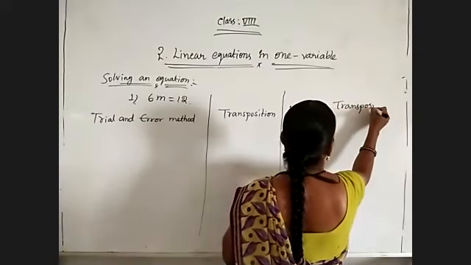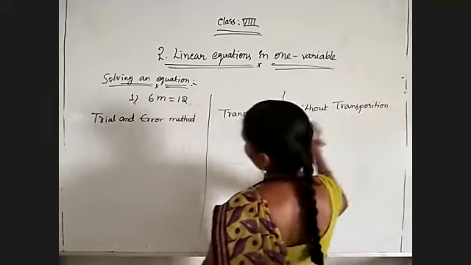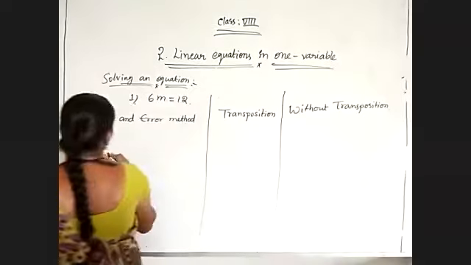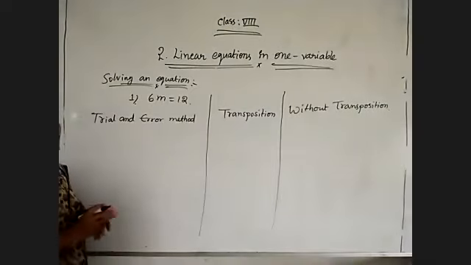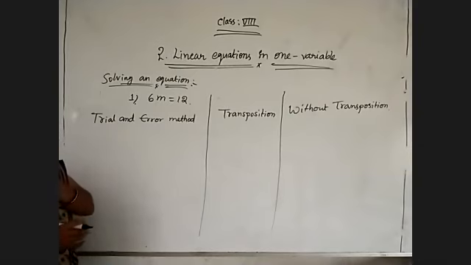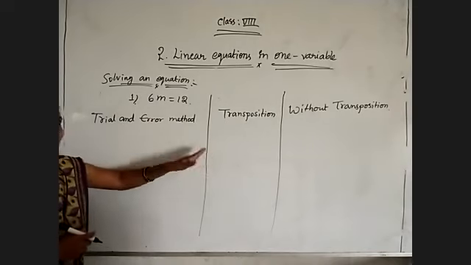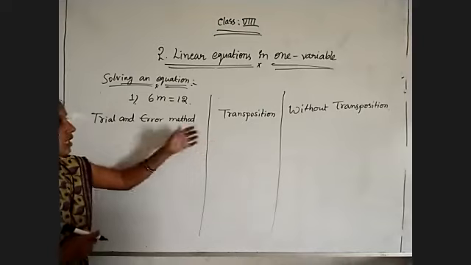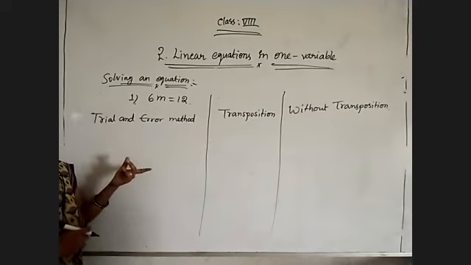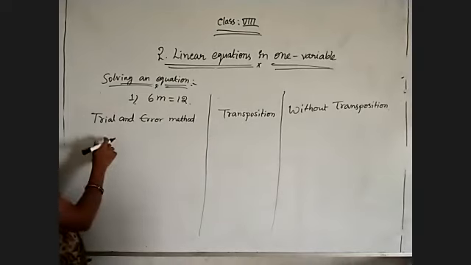Now observe the trial and error method. All this you did in your previous classes, but still I am revising once again. Usually we will use the transposing method, so we will continue with this method only further. But before that, what are the three methods? Once again we will revise. So in the trial and error method,